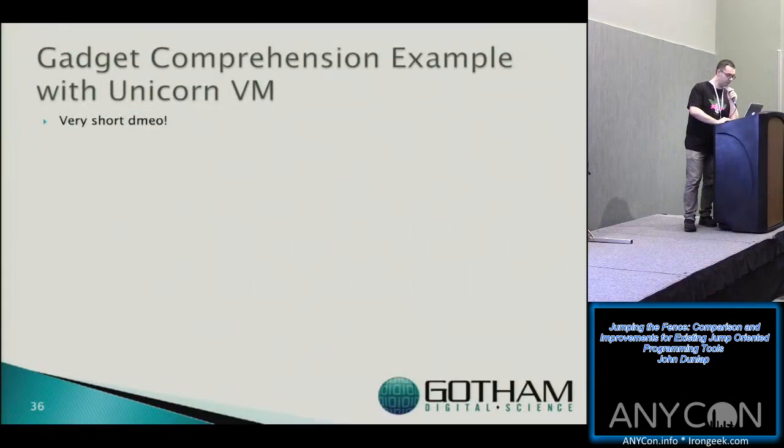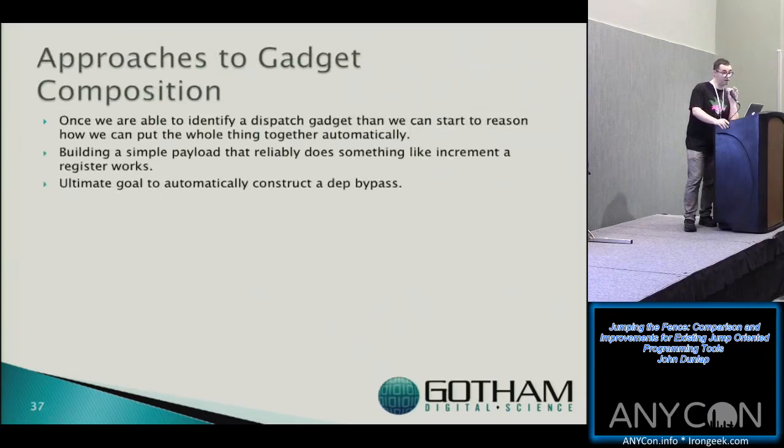And then for gadget composition, putting the gadgets together, we're going to use a constraint solver like Z3. We're going to use some mathematical libraries to say, here are the side effects of these gadgets, let's put them in order to do a thing we want. And the problem you run into doing that, and the reason we don't have a working tool right now, is